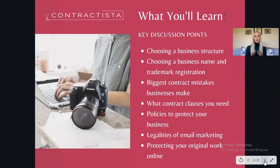So we have a lot of information to get through today. We're going to talk about choosing a business structure, choosing a business name and trademark registration, the biggest contract mistakes businesses make, what contract clauses you need, policies to protect your business, legalities of email marketing, and protecting your original